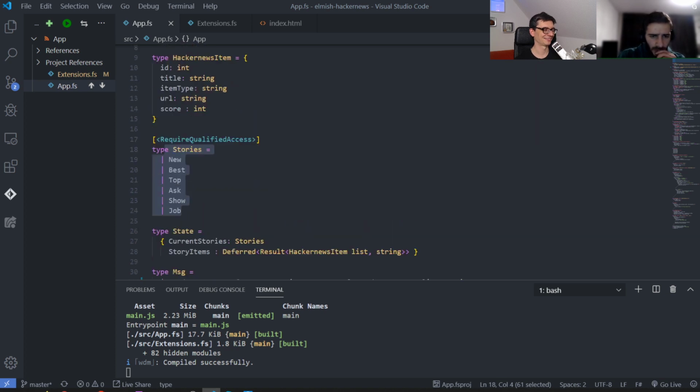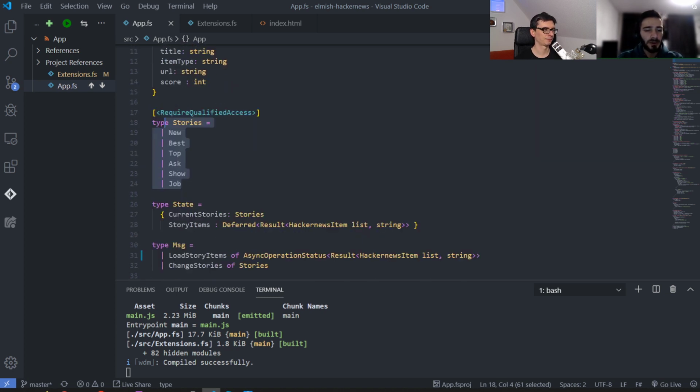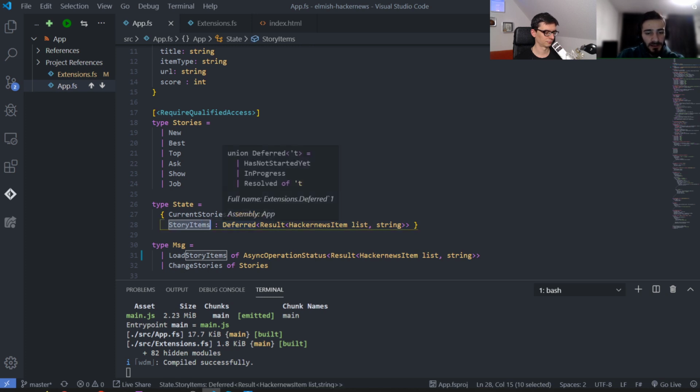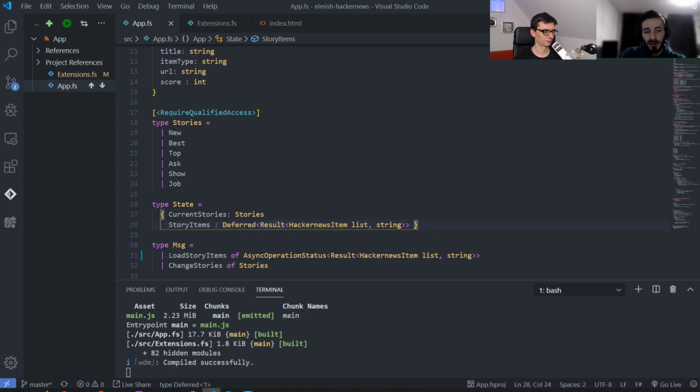So we started off last time by modeling the types of our asynchronous operations. We have the load story items, which loads a bunch of stuff and ends with a list of them. This is what we said: a single operation ends with a single list, because the lists are aggregated. But now we don't end up with a single list. We end up with separate items. And the same goes for the story item. We do not keep track of a single list of Hacker News items, but instead we keep track of, like we talked about the deferred type last time,